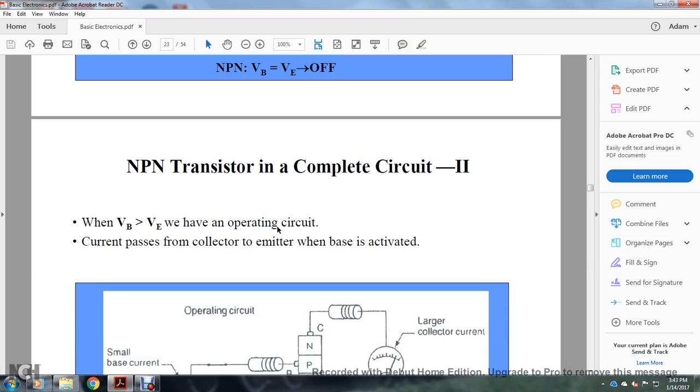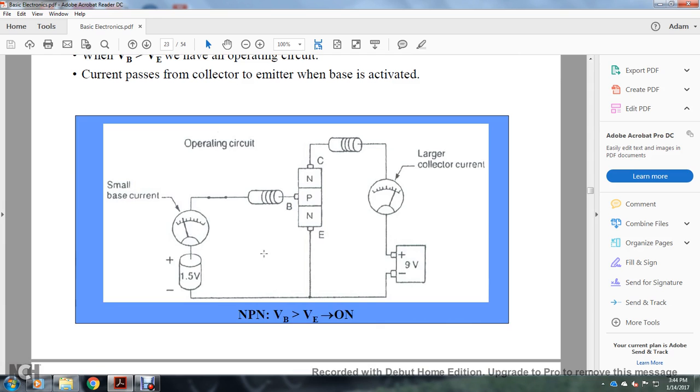The NPN transistor complete circuit: when the base voltage is greater than the emitter voltage, we have an operating circuit. When the base is activated, current flows from the collector to the emitter. This shows the positive voltage going through a rectifier and a diode to the positive side, through the P and N sides of the emitter and the collector side of the diode, producing a large collector